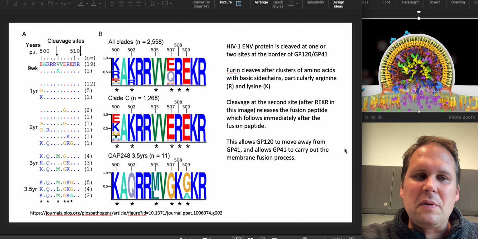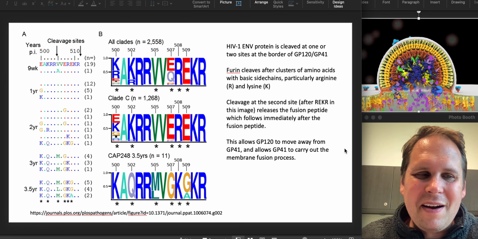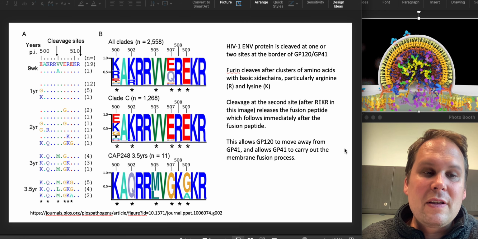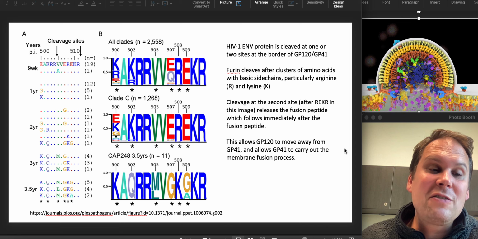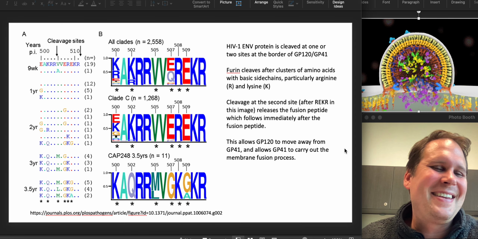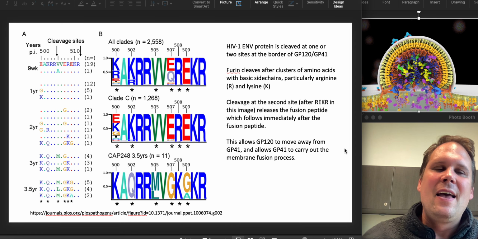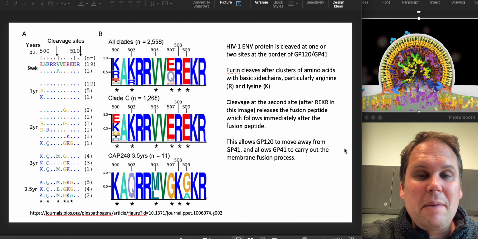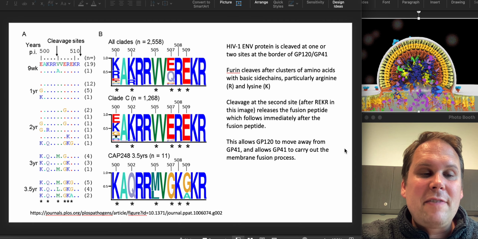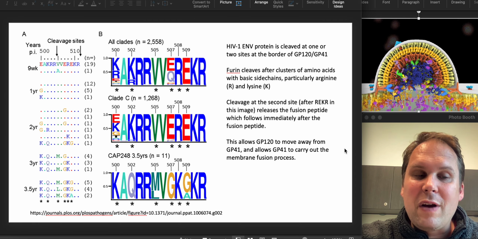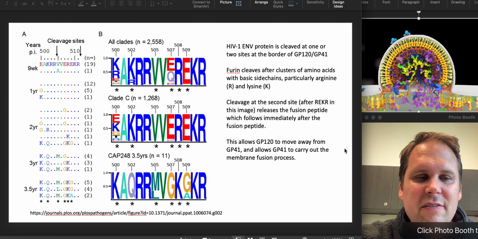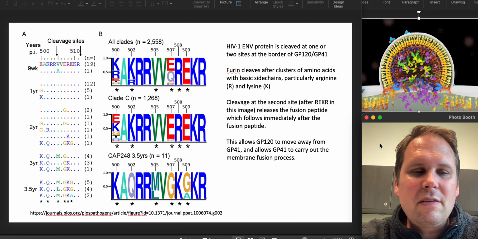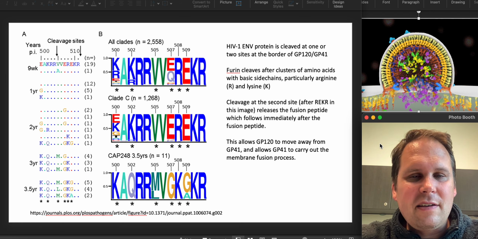All right, so let's talk about some of these parts that we've just mentioned. We said there was a furin cleavage site. Well, HIV-1 actually has 2 furin cleavage sites, because why not? Why not be extra horrible? A furin cleavage site is actually pretty easy to recognize. It's going to be a patch where 3 out of 5 or 4 out of 5 amino acids in that patch are going to be lysine or arginine. And lysine and arginine have these single letter amino acid codes K and R.